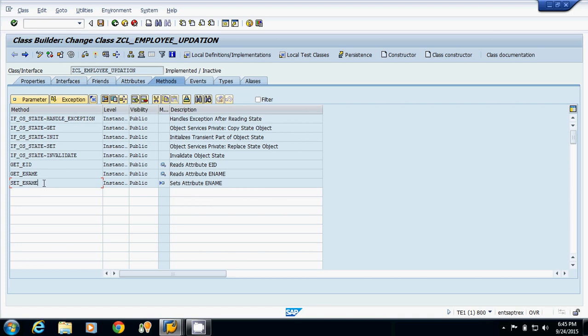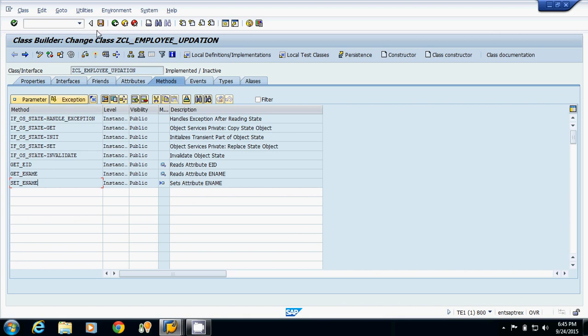Whenever we generate a persistence class for a table, for primary keys only a getter is generated, and for non-primary keys both getter and setter are generated. Our employee ID is a primary key, so only the get method is generated. Our employee name is a non-primary key, so both get and set were generated.